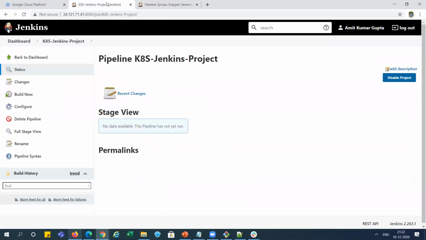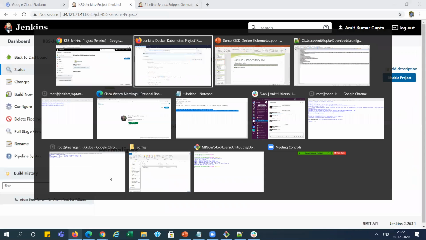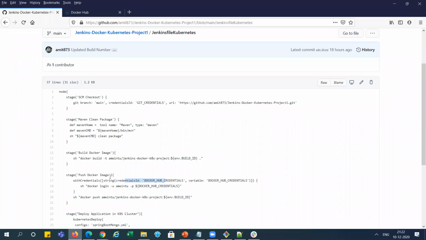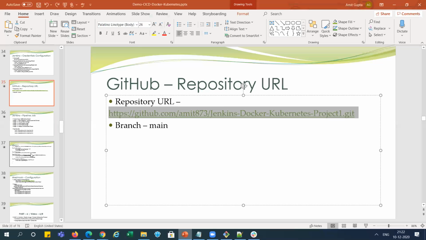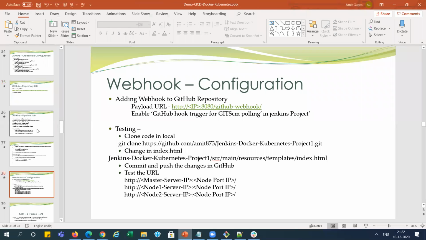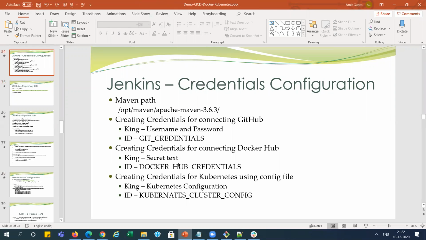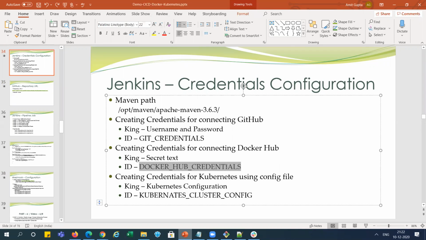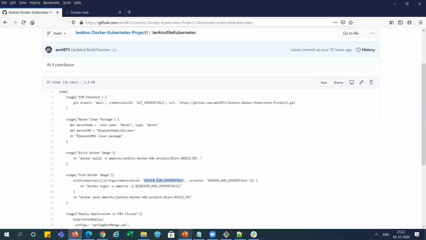So same thing. Let me open this one. We have created it over here, and it will show the string and variable name. So this variable name is our credential ID. I'm showing you. See, this is the credential ID. This is the Docker Hub credentials which we created. So we are using this credential ID over here, the same variable name. And this ID, when we are logging in with this